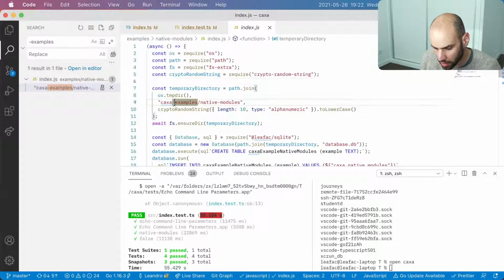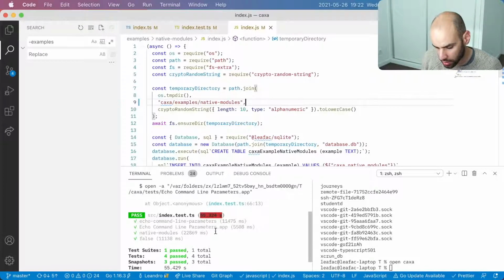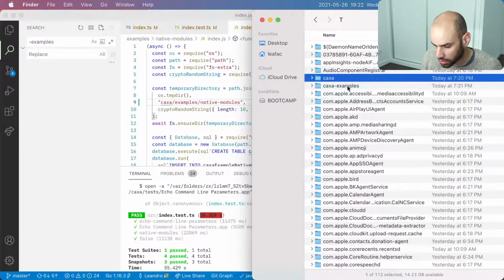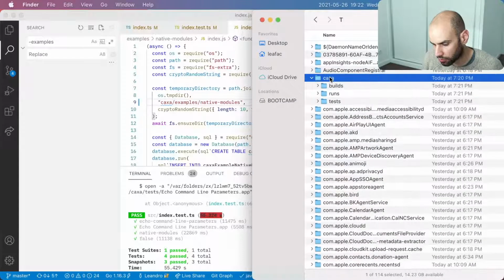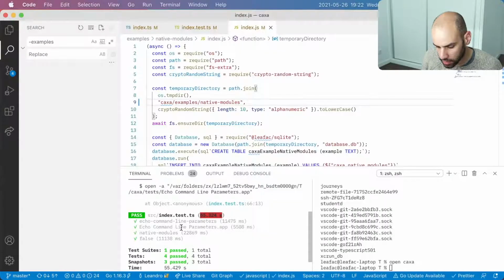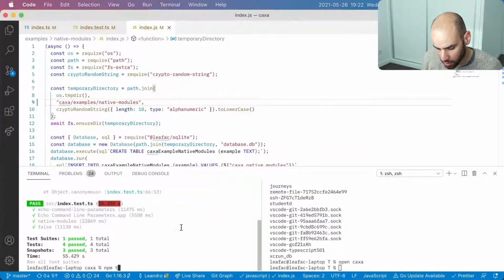So maybe in one of my examples, I create these Kasha examples native modules. So I guess I will put this here as well in the directory like that. So I just changed the example to not produce the Kasha examples folder. It will produce a folder in here. But that does not mean that our change wasn't successful.